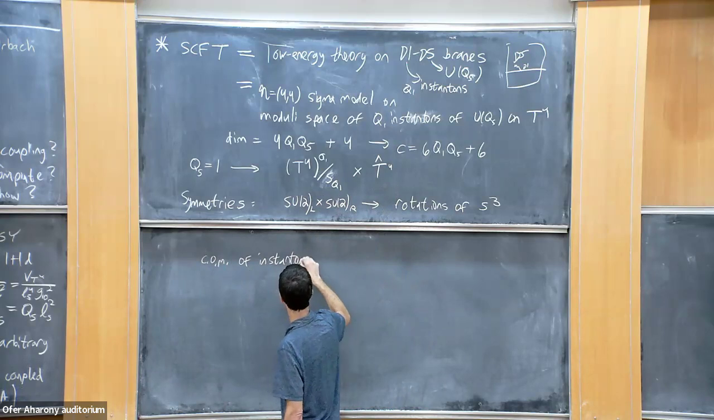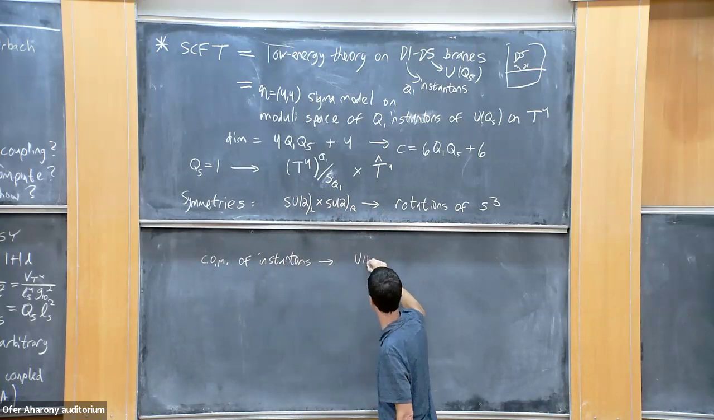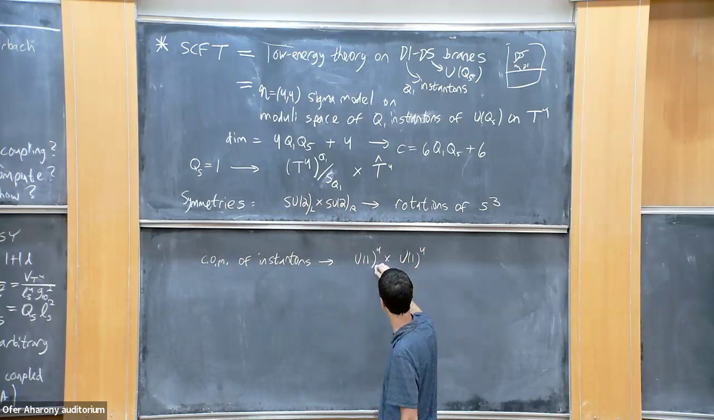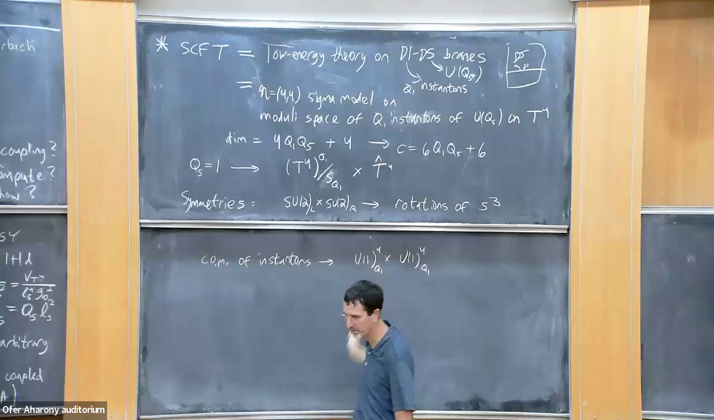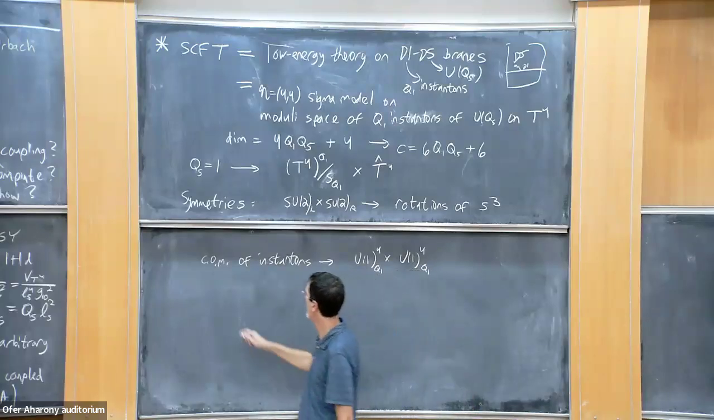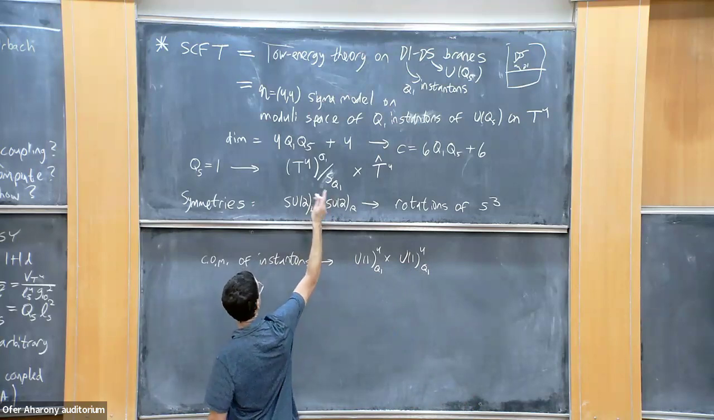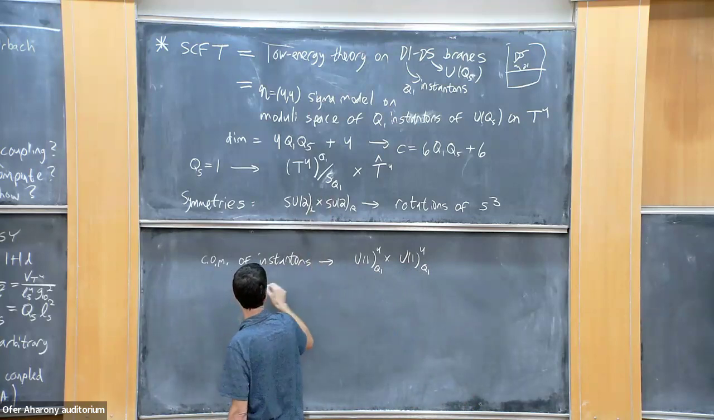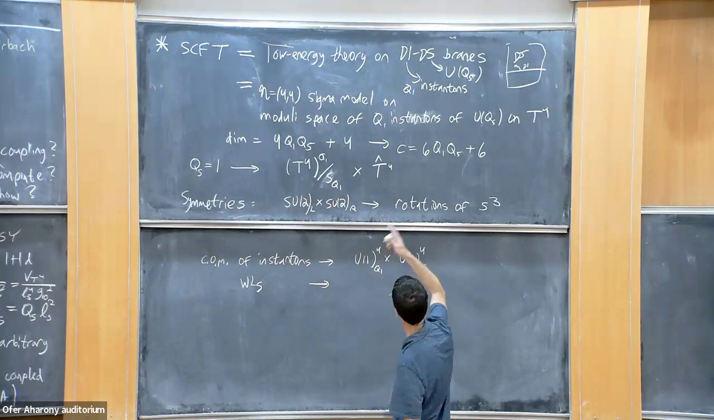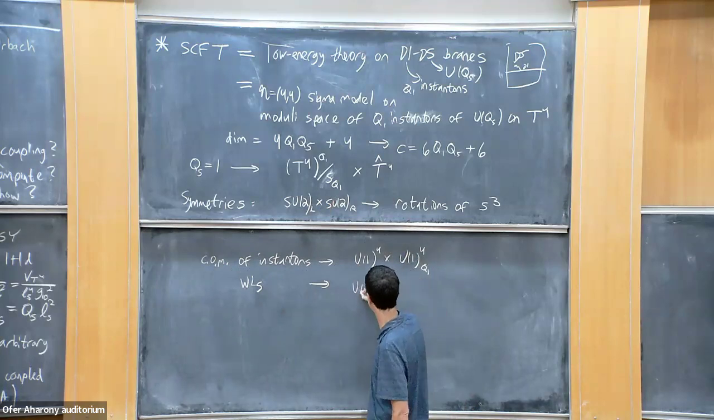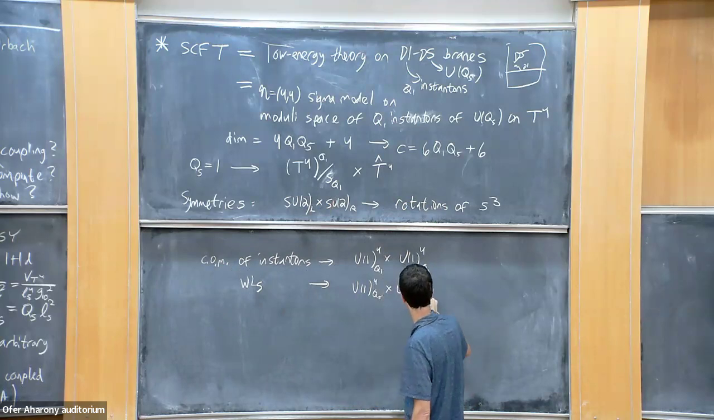gives rise to 4 periodic scalars, which give rise to U(1)^4 plus U(1)^4, left moving and right moving U(1) symmetries, which are of level Q1. You can tell that because you have Q1 instantons, so the U(1) symmetries turn out to be of level Q1. And then there are extra scalars coming from the Wilson lines, and the Wilson lines are also just periodic scalars, and they give rise to U(1)^4 plus U(1)^4